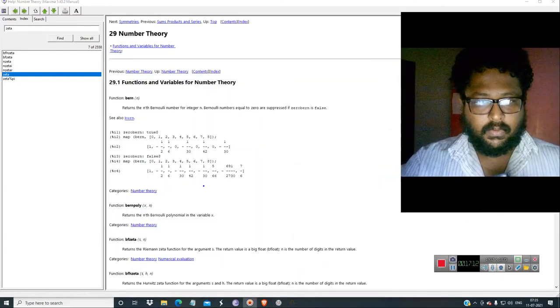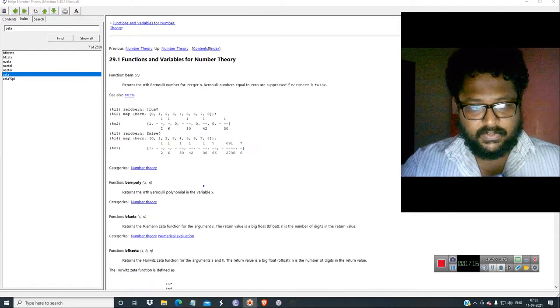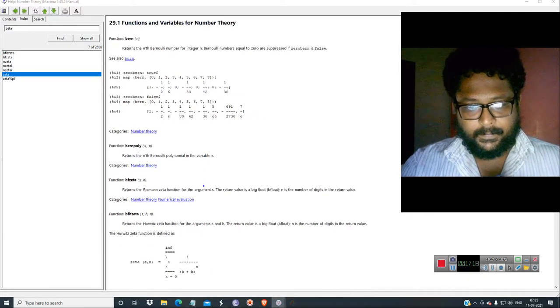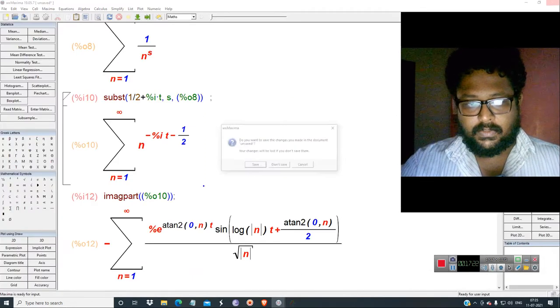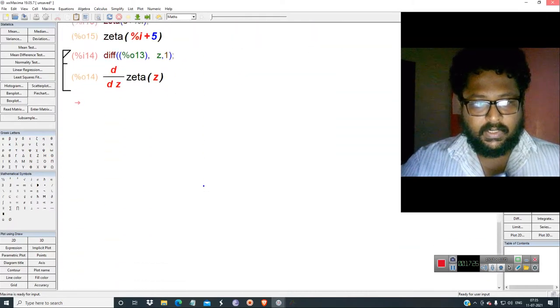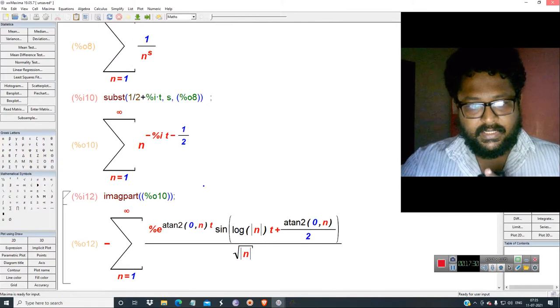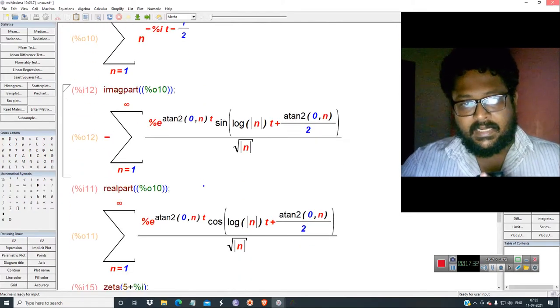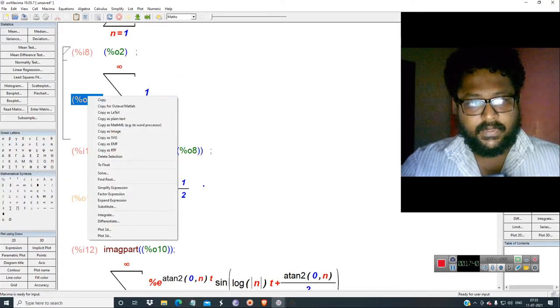So you just go here. There are lots of zeta functions over here. You just go here, close it, okay, cancel. Then you just go here and you have to differentiate the zeta function, or if you can't differentiate the zeta function, you can do it in this way, and this is the differentiated one, and you can expand it in this manner. Or what you can do is differentiate in this manner.